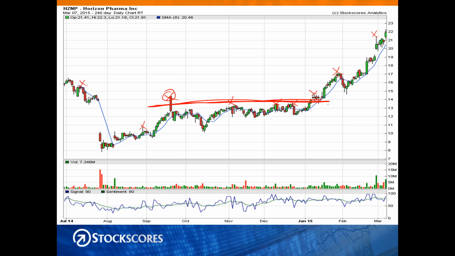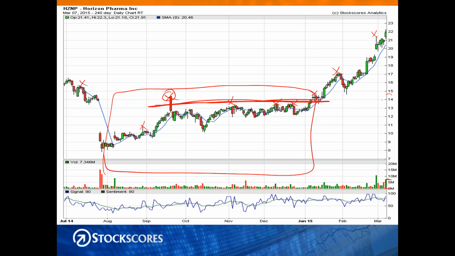So that is the upper boundary of what all of the people that traded this stock over that period of time were willing to pay. You think about it, this stock was trading anywhere from probably 1 million to 6 million shares a day. So millions of shares traded, and no one was willing to pay more than $14 a share until here, when the market finally broke through that resistance level. And look what happened.